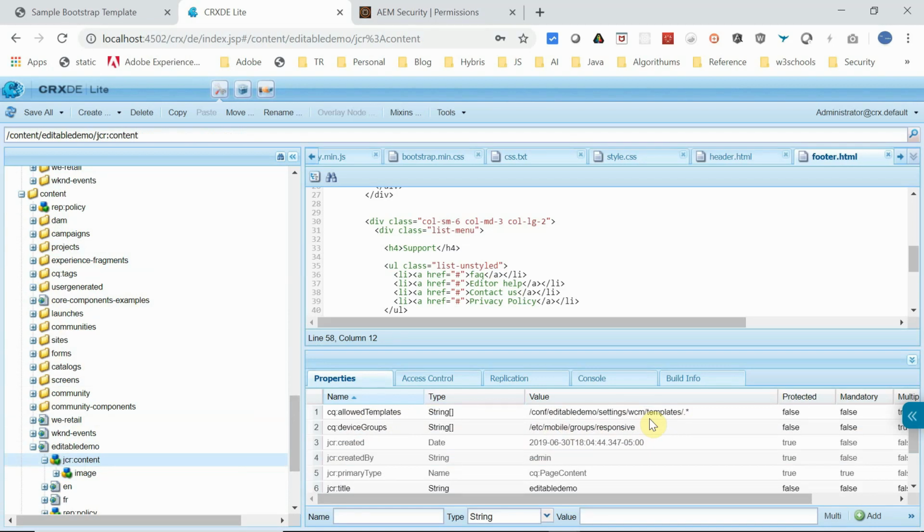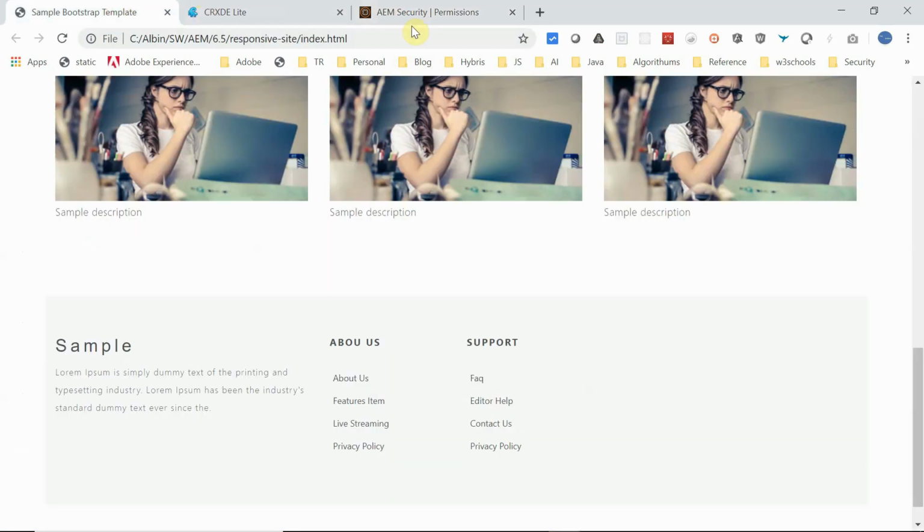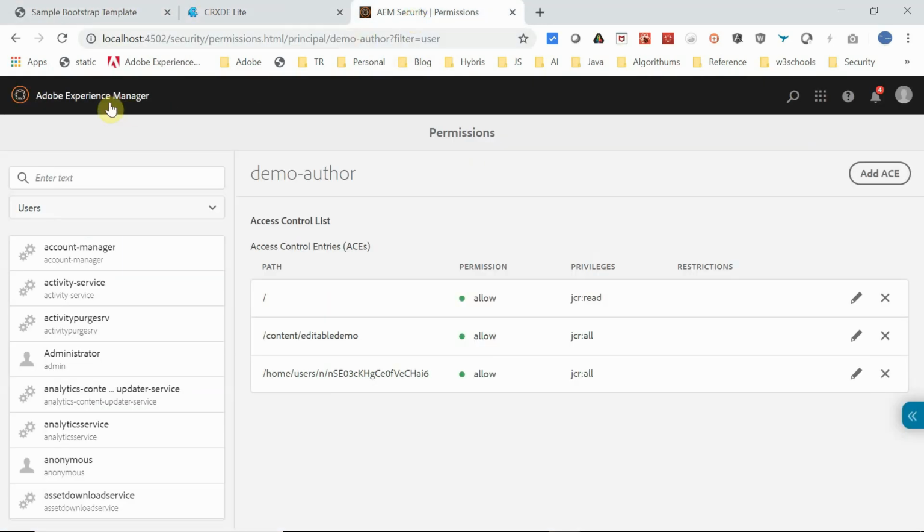Okay, now the template structure is created. One more step we need to do is enable the template. So for that, go into the template. Yeah, I will go back.